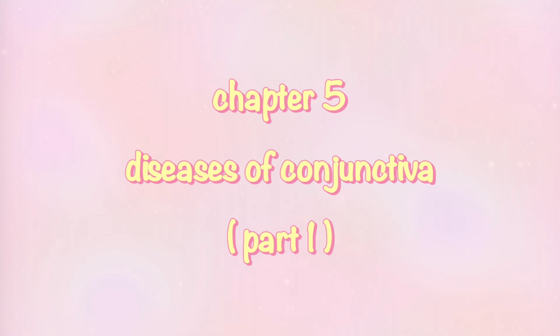Bulbar conjunctiva is supplied by two sets of vessels: posterior conjunctival arteries, which are branches from the arterial arcades of the eyelids, and anterior conjunctival arteries, which are branches of the anterior ciliary arteries. Terminal branches of the posterior conjunctival arteries anastomose with the anterior conjunctival arteries to form the pericorneal plexus. Veins from the conjunctiva drain into the venous plexus of eyelids, and some around the cornea into the anterior ciliary veins. Lymphatics of the conjunctiva are arranged in two layers, a superficial and a deep.